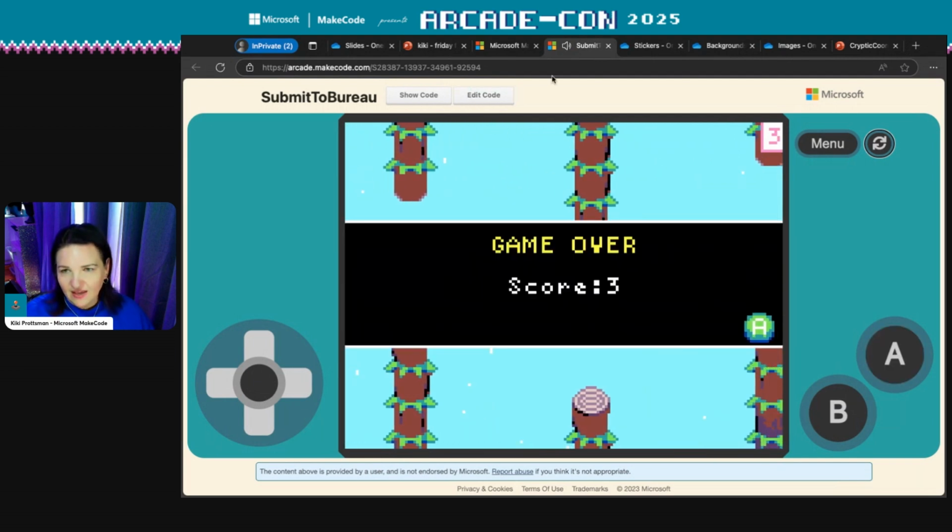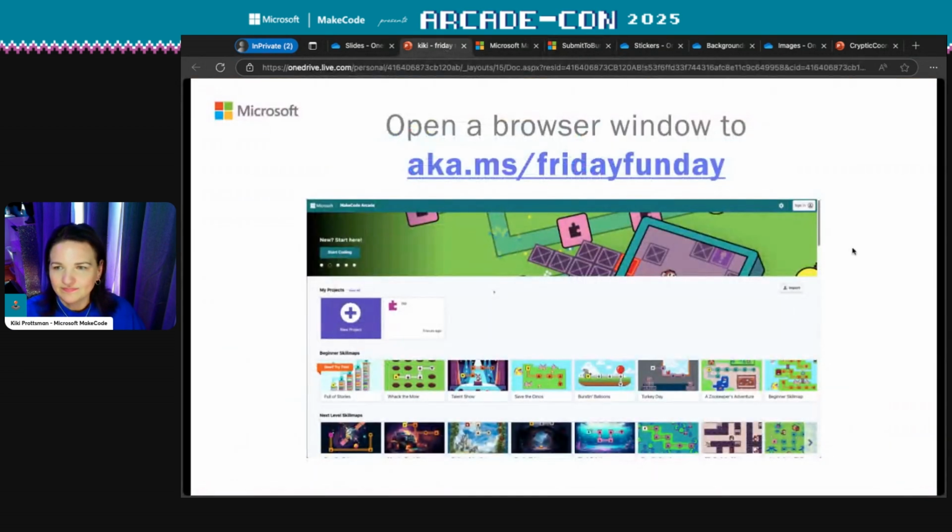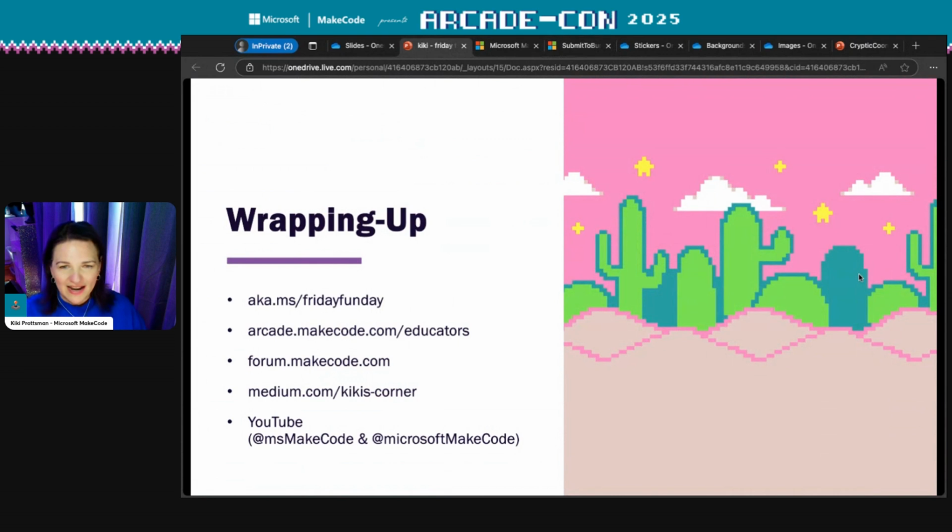Also, if they go through and do not get it multiple times, I think they get 3 attempts with this submit to bureau. If they do not get it multiple times, it just glitches out and breaks, and they can't try it again. So they do need to get it in under 3 tries. They need to just not guess randomly each location, and that's a fun little extension that we have that allows you to do that. So those are our Friday Fun Day lessons.